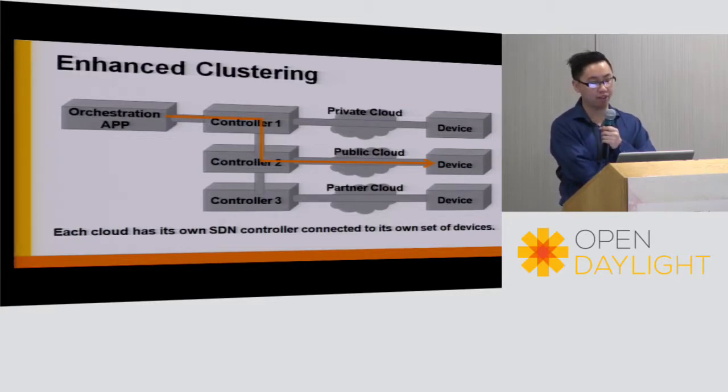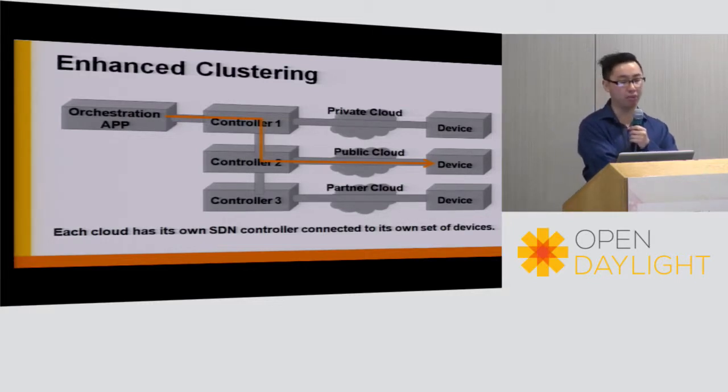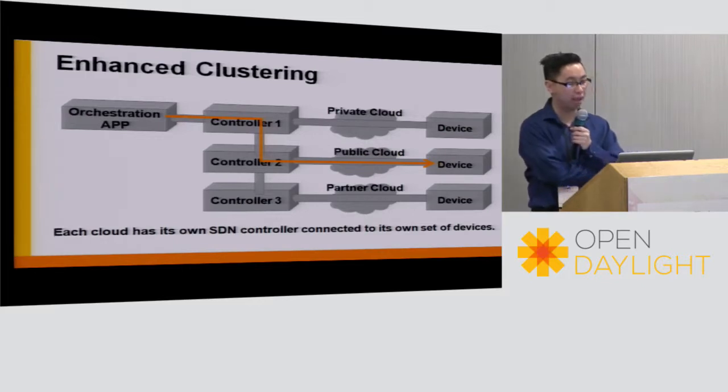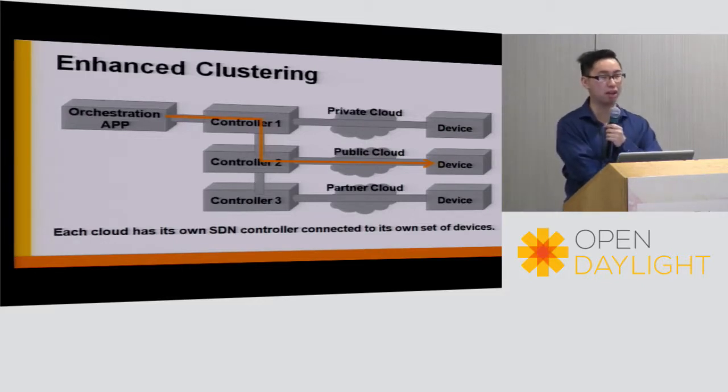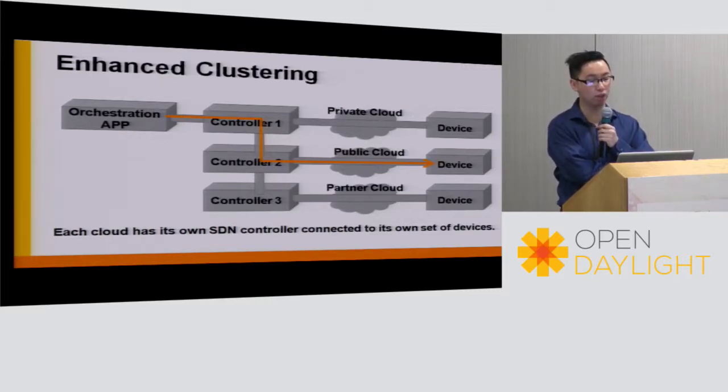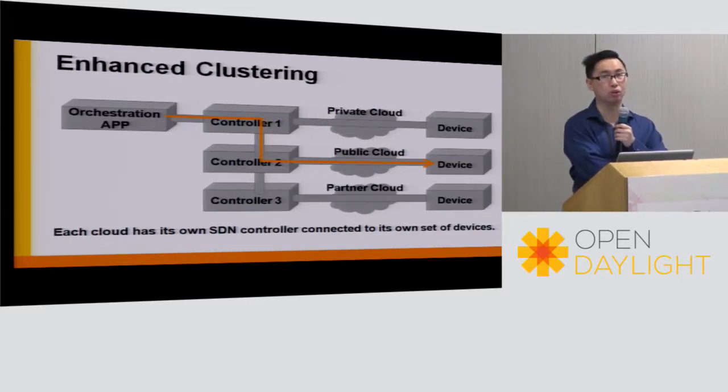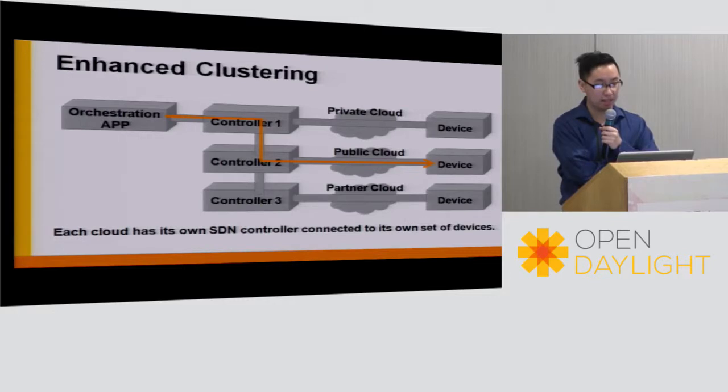And then you may have devices connected to a partner cloud through controller 3. And controller 1, 2, and 3 are connected through clustering. So in this scenario, you have one single orchestration app, and it doesn't really know if these devices are connected to private cloud, public cloud, or partner cloud. And you don't know if it's being managed by controller 1, controller 2, or controller 3. So in this instance,